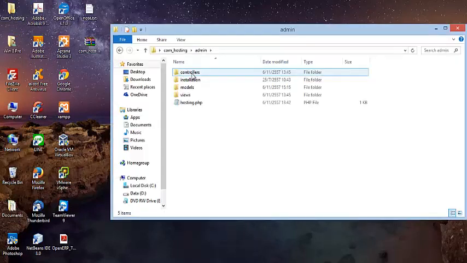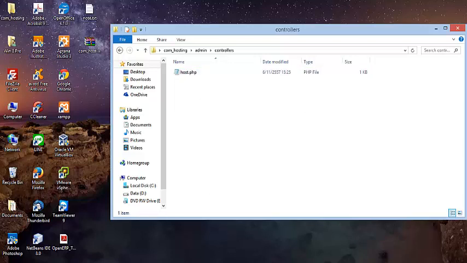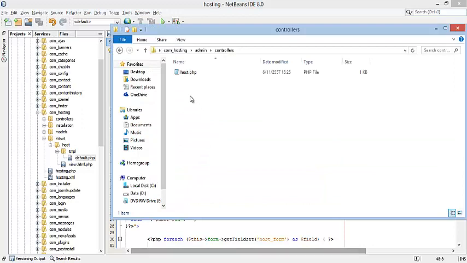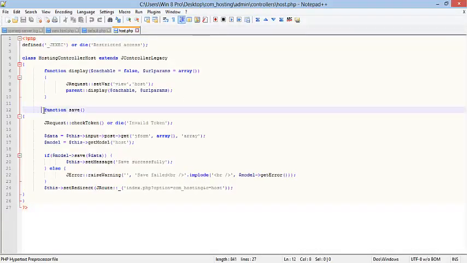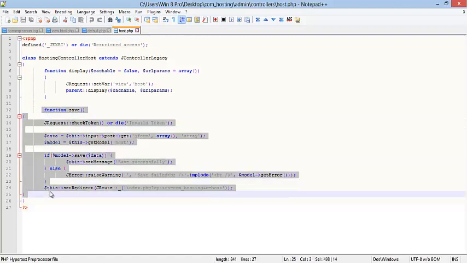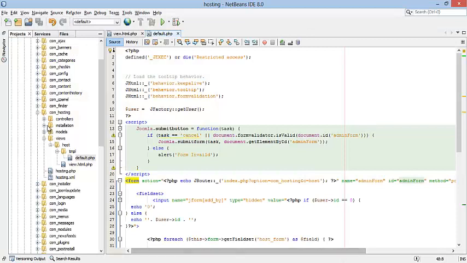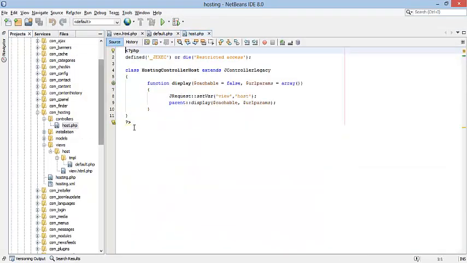And on our controllers, let's open the file host and copy the function save. On our controllers, paste it here also.